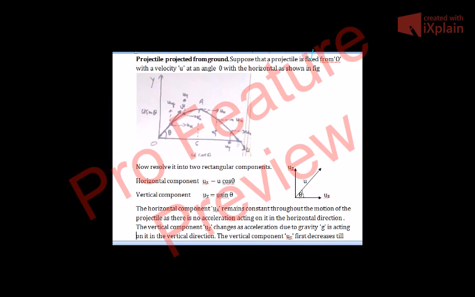As you can see from another figure that is here, this vector u is neither in horizontal direction nor in vertical direction. It makes an angle theta with the horizontal direction. So we resolve this u into two components. One is ux and the other is uy, and you can see also from here we have resolved this u into two components, ux and uy.